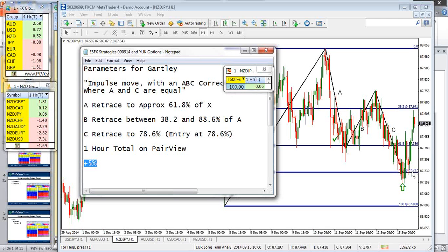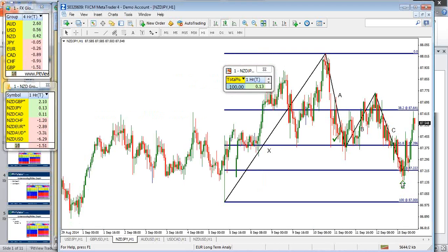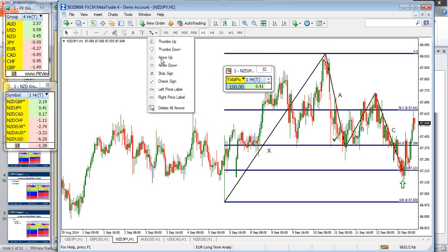Instead of getting in at 87.222 or around there at the 78.6 level, the entry total actually got me in at about 87.18. I believe it was 87.186 here at the buy entry right in here. And then when we're looking at this overall on the chart, the reason why we like Gartleys is because of